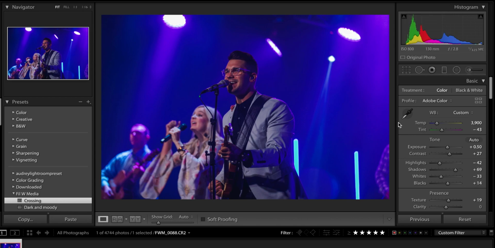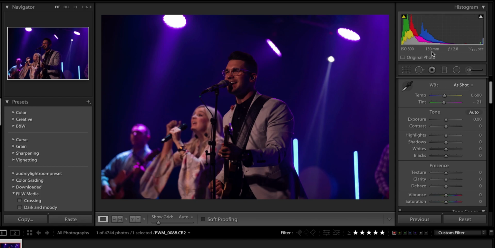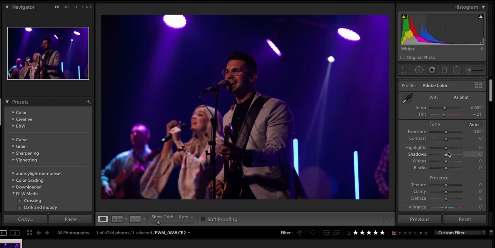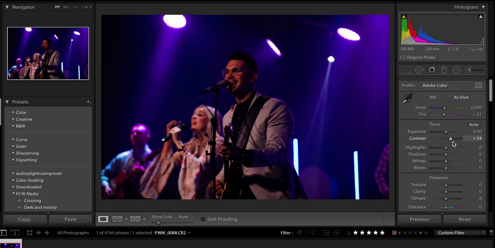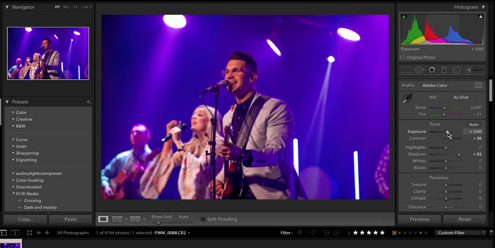So if you look here, let me reset it. This is your first module here. You can do white balance, you can do your exposure, and you can do different effects like texture, clarity stuff, which I don't really touch that much. So we'll start here. Me, I like a super contrasty photo, not too crazy, but just about right there. I'll boost my shadows to taste, which sometimes means all the way up. I'll bring up my exposure